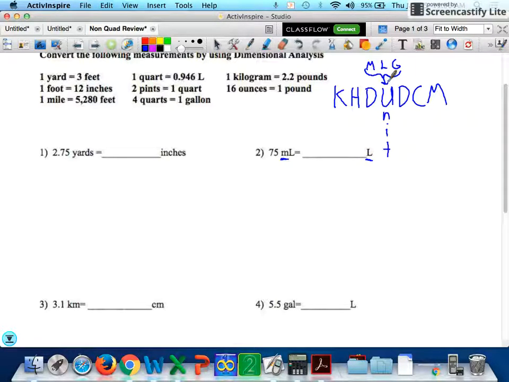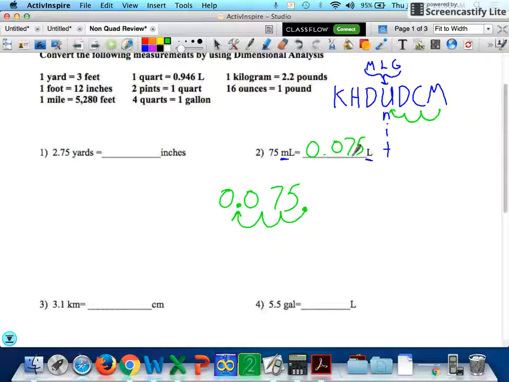So in this problem we're going from milliliters 1, 2, 3 steps to the left. You can either use a conversion factor or you can just move the decimal. If I have 75 with no decimal in it, my decimal is technically right at the end. So I'm going to go 1, 2, 3 steps to the left and make my new decimal. Any holes you create get filled in by 0. So our answer should be